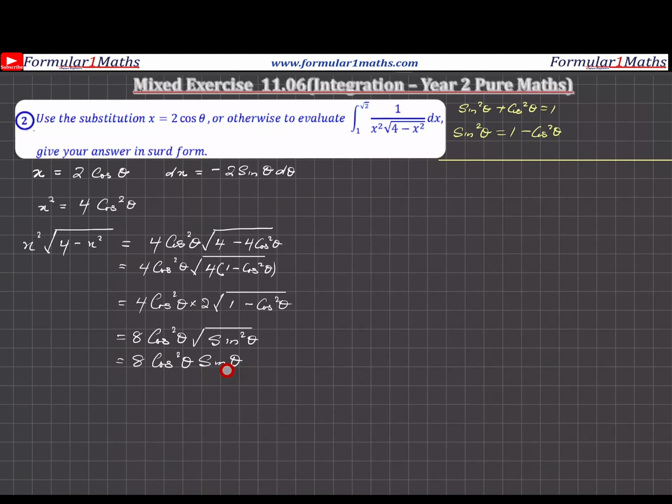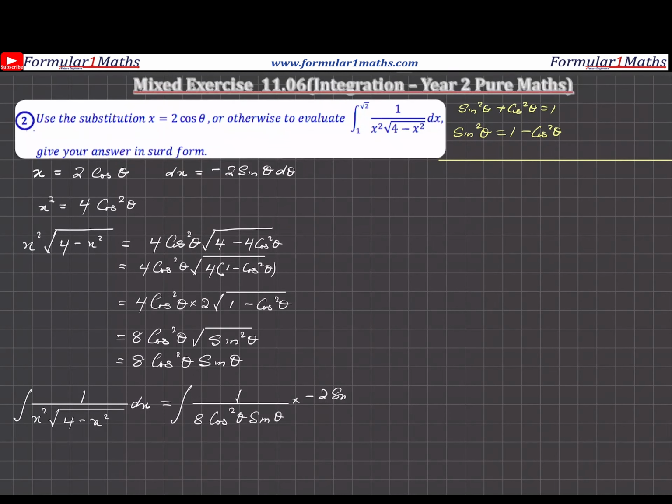So the whole of the integration becomes integral of 1 over x squared times square root of 4 minus x squared dx equals to the integral of 1 over 8 cos squared theta sine theta. And remember, this dx we know is equal to that, so we can multiply that by minus 2